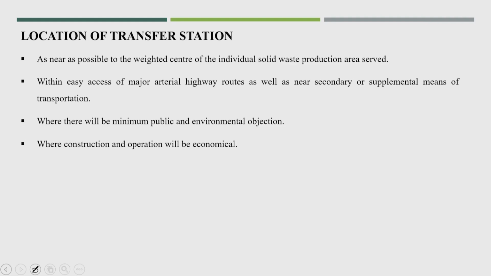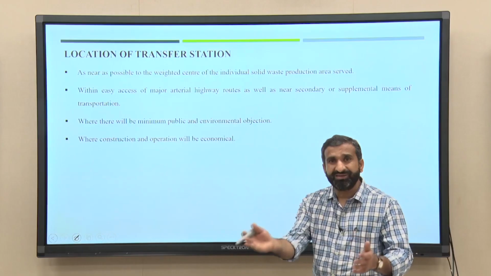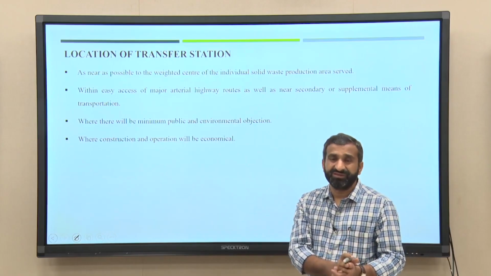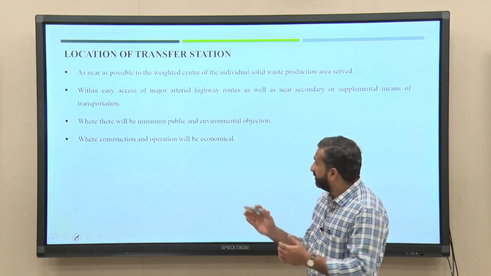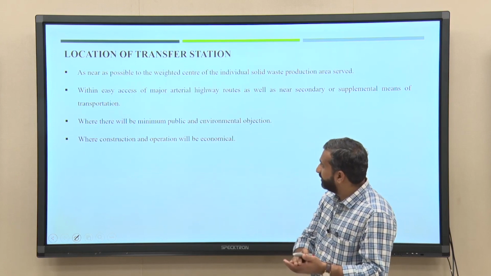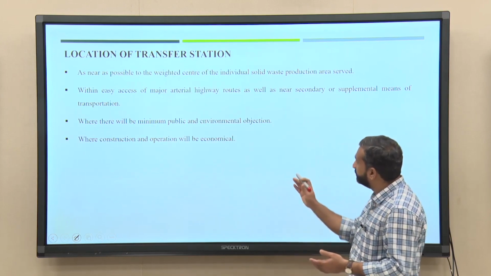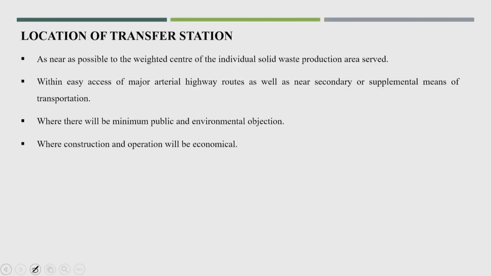This has to be seen because your primary collection should not be very costly, it should also be economical. So, to make it economical, you have to find the transfer station location as near as possible to the waste generation area. And also, this was one point, and this should be easily accessible to the highway routes,